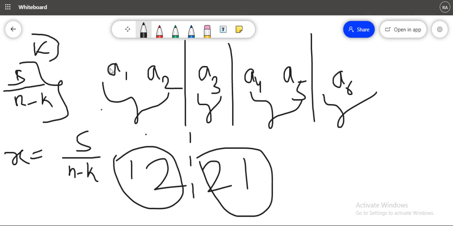so at first, what we'll do is start adding from here, a1 plus a2. If at a particular time the sum of the first, suppose m elements comes equal to x, then okay, we can